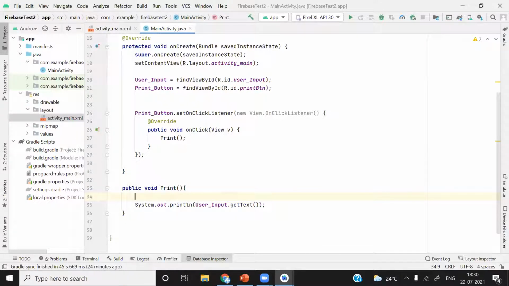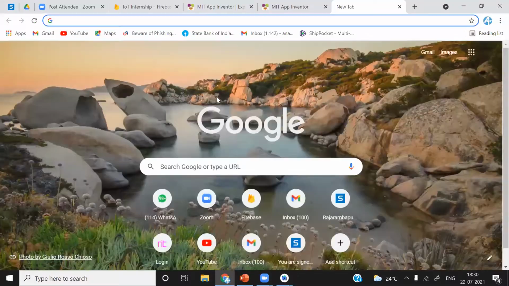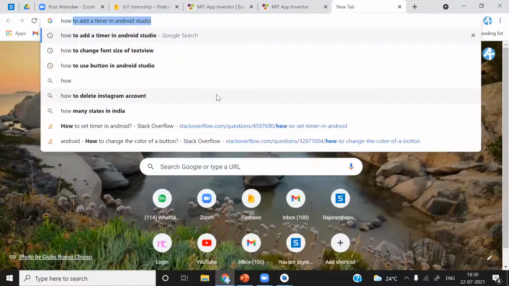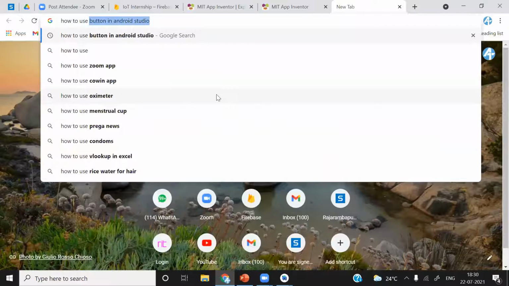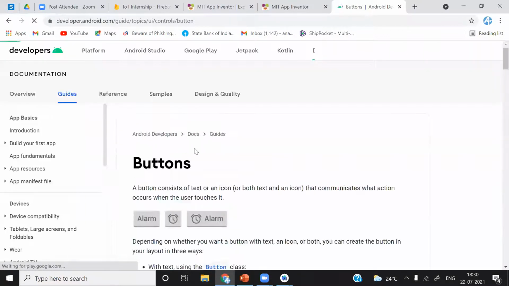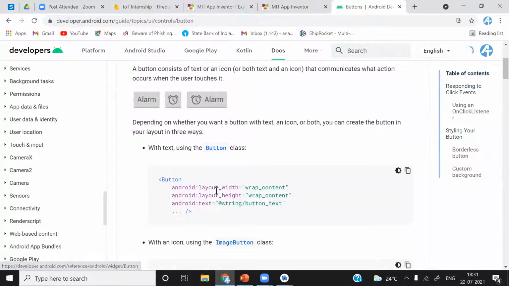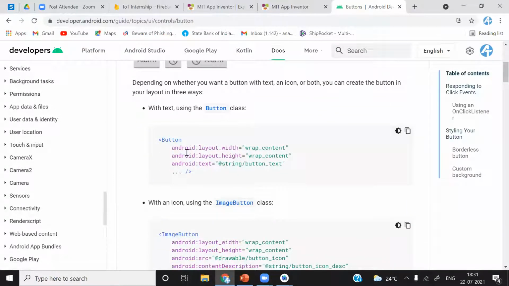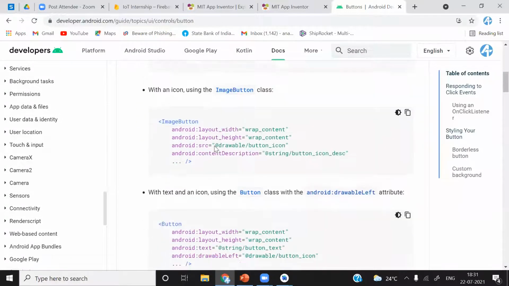I will show you how you can do that. Simply type how to use button in Android Studio. You can see here, go to the official site documentation, developer.android.com. You can see how you can edit the properties related to button in the layout file.